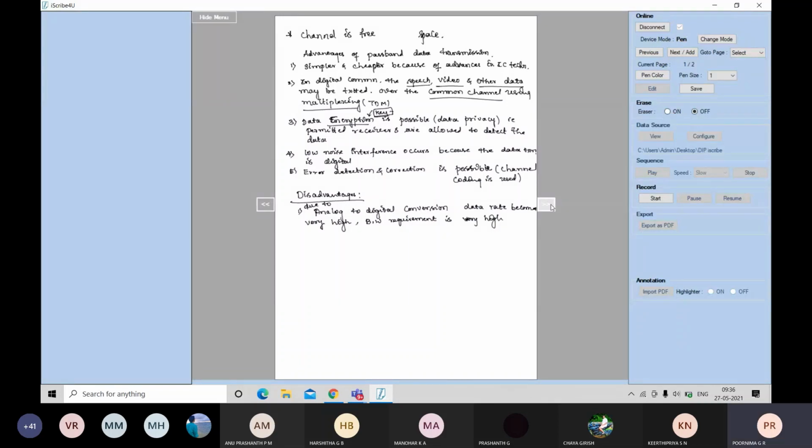And whenever this passband signaling transmission, when you choose synchronization is